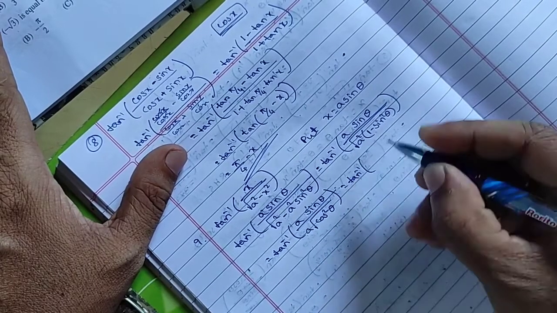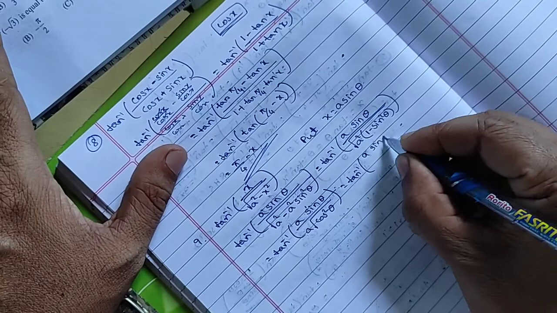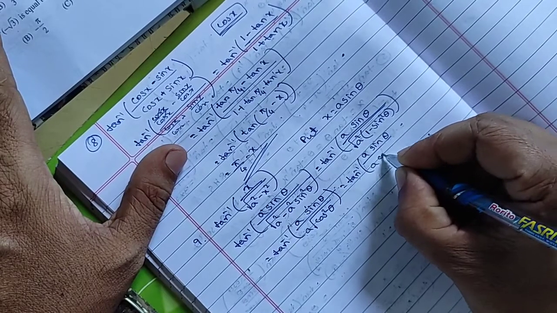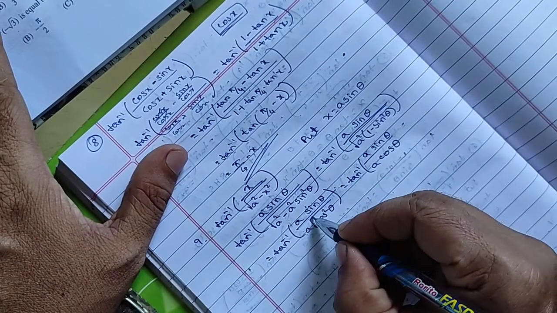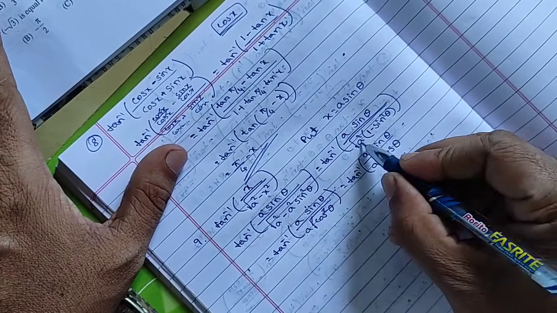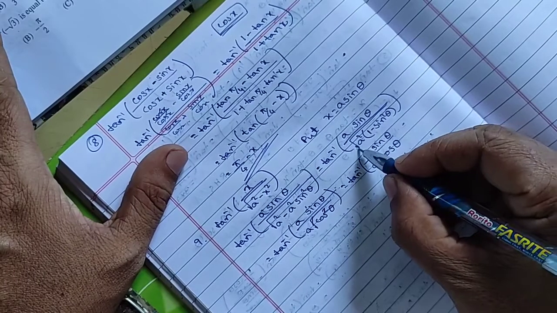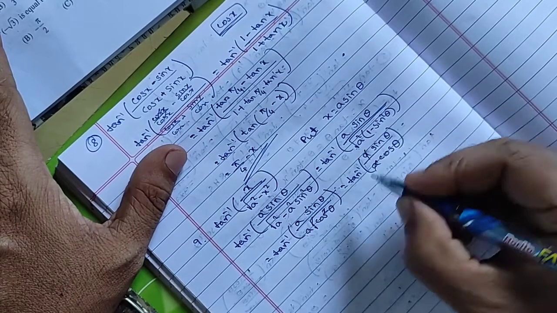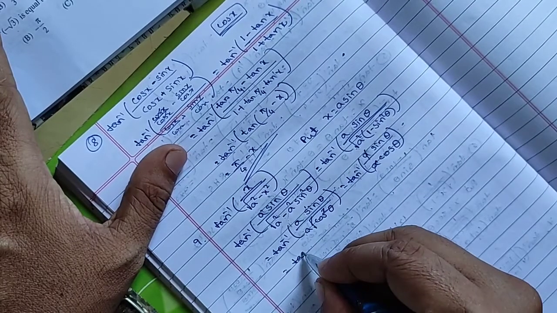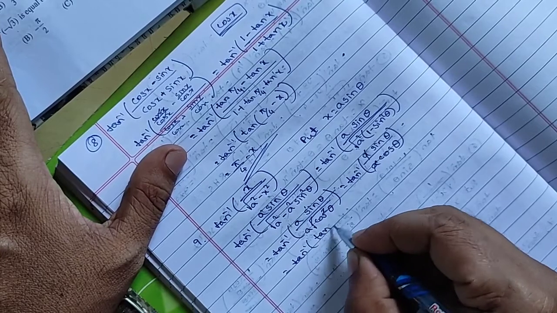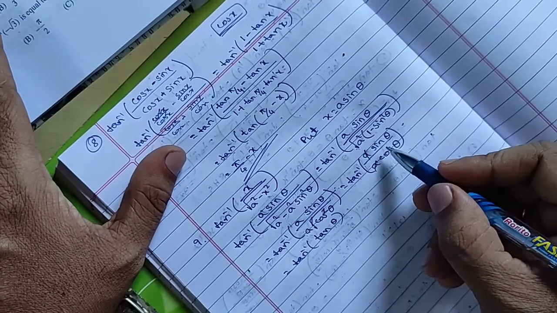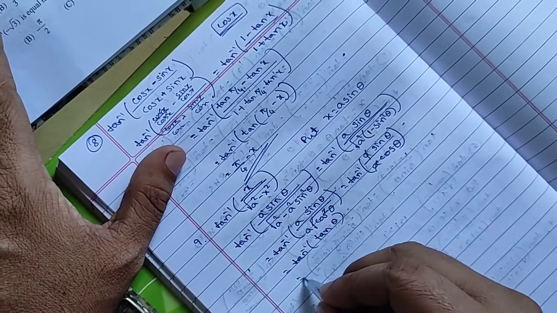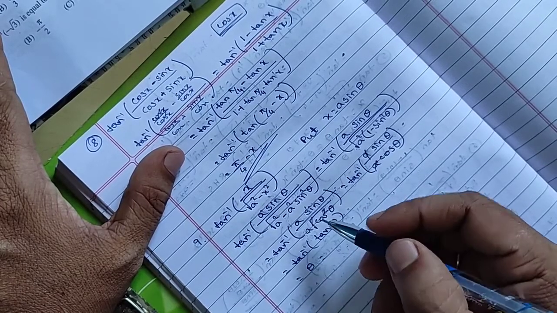So now tan inverse of a sin theta divided by a cos theta. Why is it cos theta? This root and this square cancel. So already why did a come outside? Because it is root of a square, so a comes outside. Then a gets cancelled, which becomes tan inverse of tan theta. Sin theta by cos theta is tan theta. This becomes theta. So now theta equals to what?